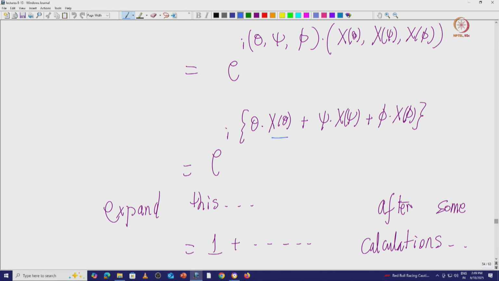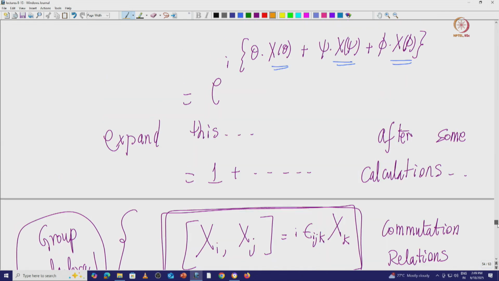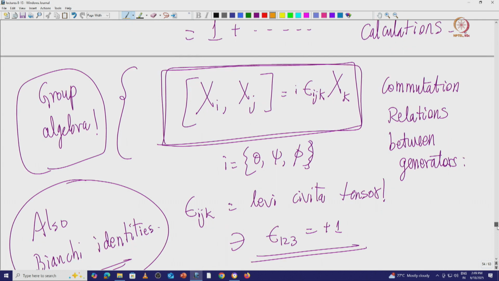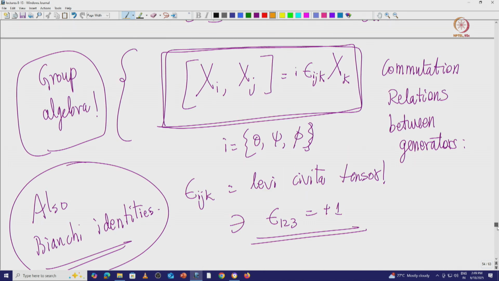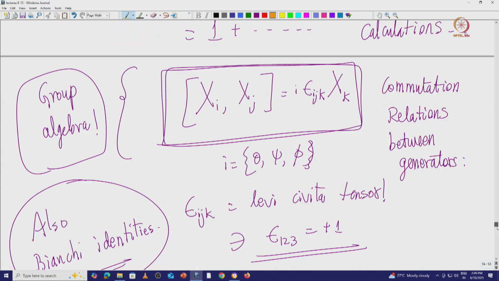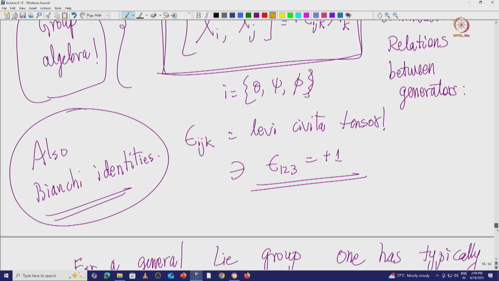So these are your generators, and these generators are typically Hermitian. They are all Hermitian. In this case, they are symmetric, orthogonal, antisymmetric in the real sense. Now we'll see the case of unitary groups in a second. And these generators satisfy this algebra, which we call the Lie algebra.